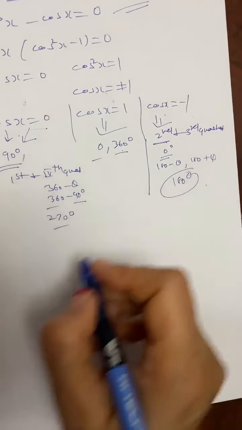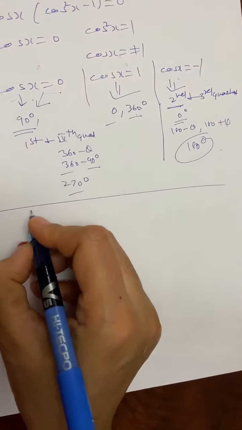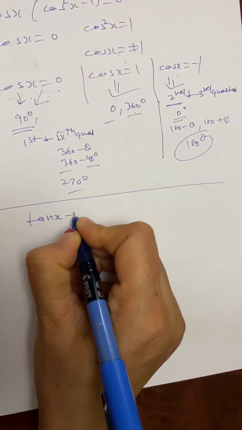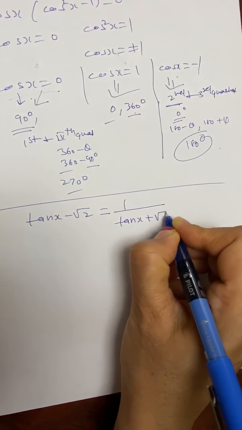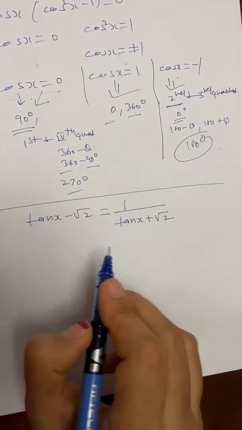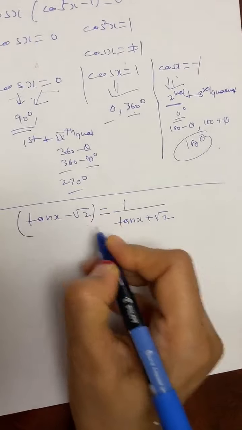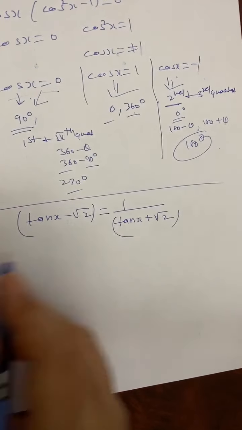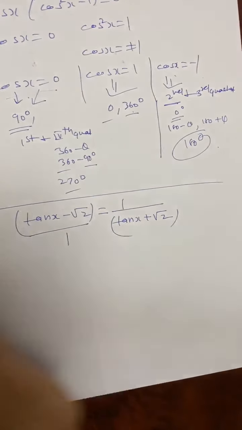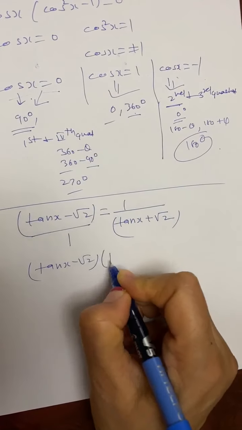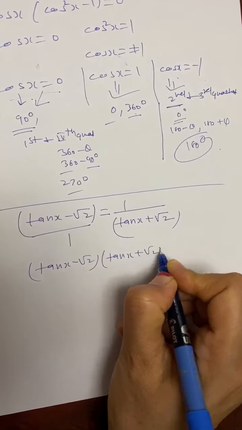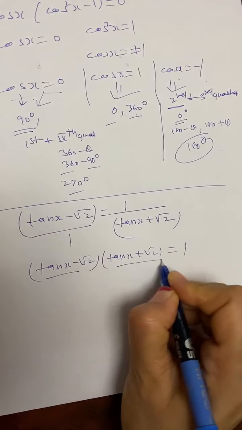And then I'm going to do another one. Looks complicated, but again it's not, and you need to use your understanding of solving equations. Now here when I see this, yes, it looks complicated, but as I said, it's not. First use the bracket and then cross multiply. This is same as this. When you cross multiply, you get tan x minus square root of 2, tan x plus square root of 2 is equal to 1. This is a minus b, a plus b.